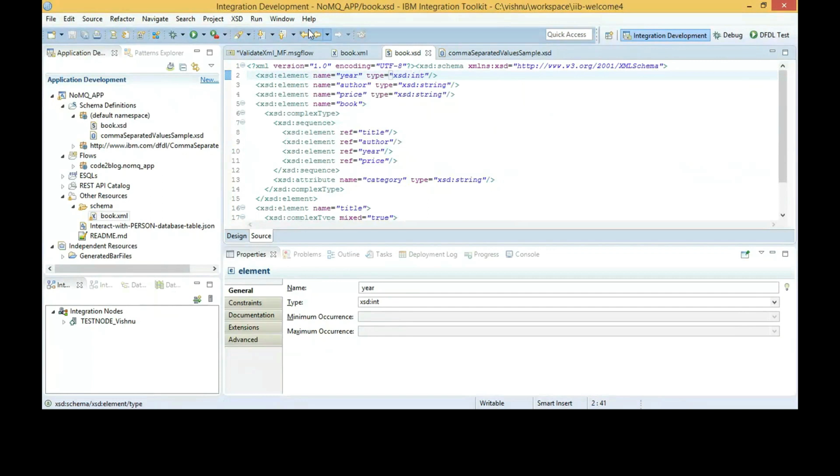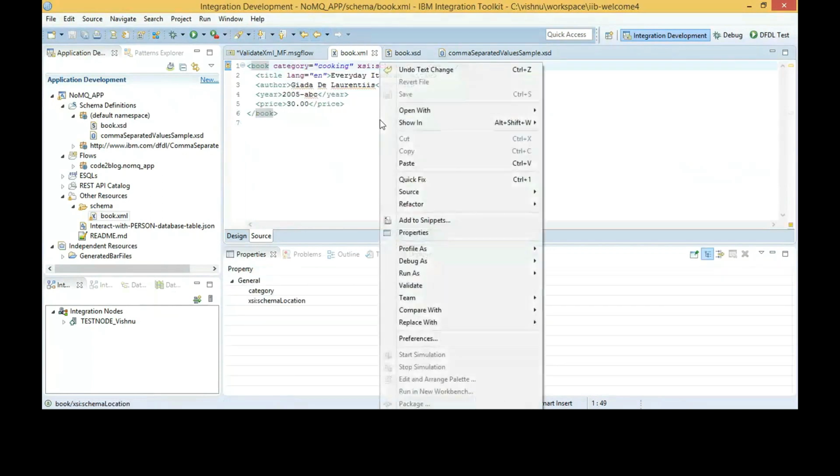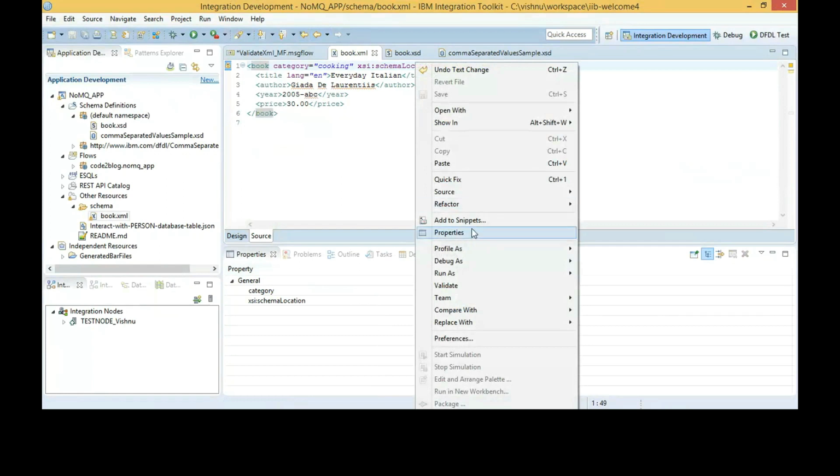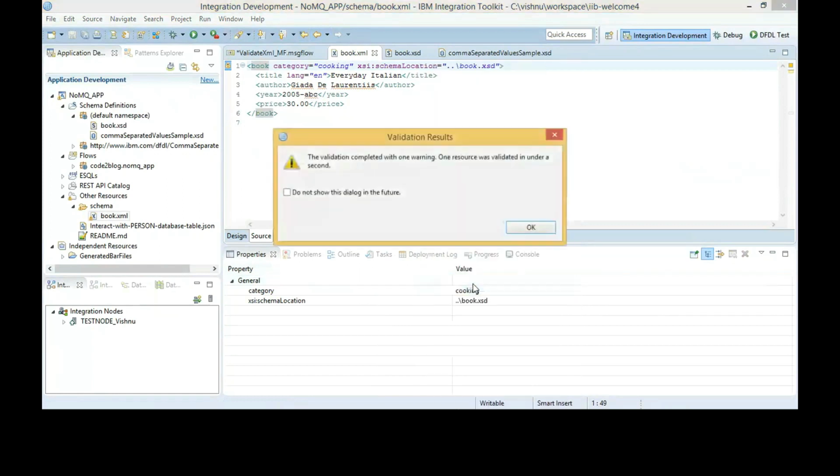I change the XML elements data type from string to integer. So the year field on line number 4 has been changed from string to integer.